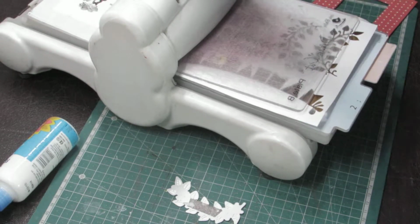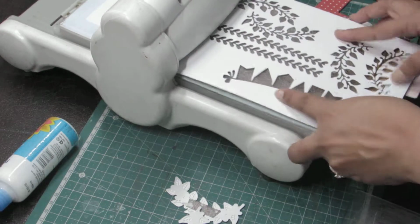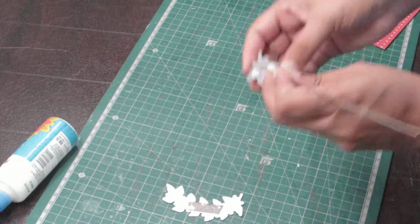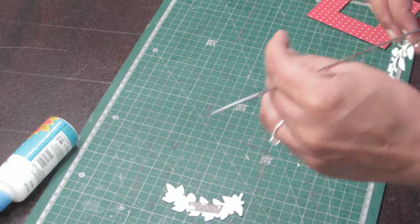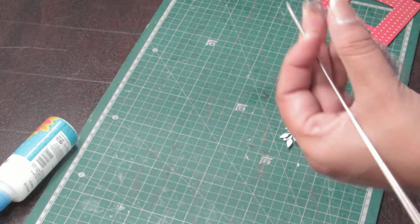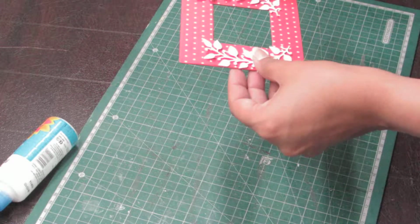Since my cardstock is very thick, I prefer to let it roll 2-3 times before my final take out of the cut pieces. Very pretty. Okay, so here I am with my 2 pieces of die cut, and I am planning to use them here